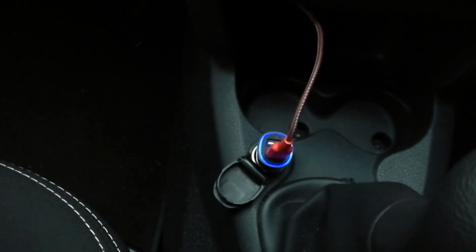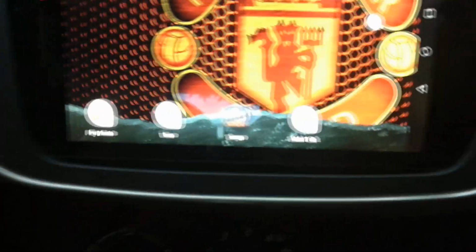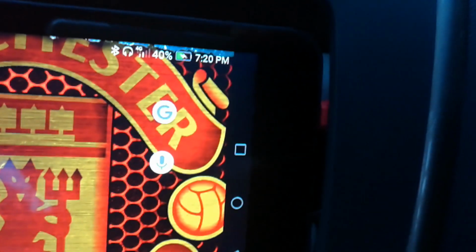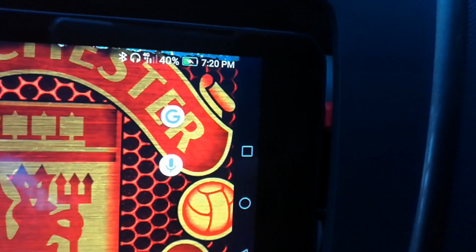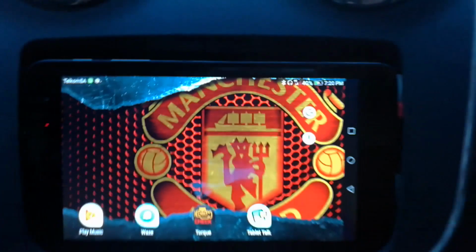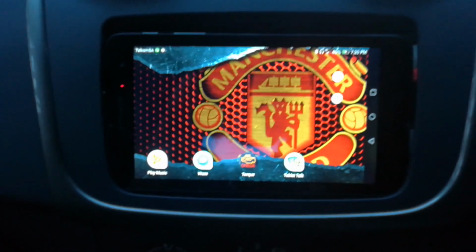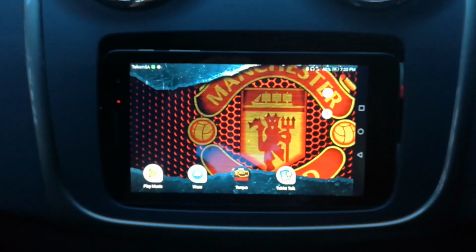Power supply, which is running behind the dash, up and from the USB port all the way to the back of the dashboard end. As you can see, the little red connector there, that's the power supply cable, which is directly tied into my ignition. So when the ignition goes on, the tablet goes on, the amp switch is on, and everything is good